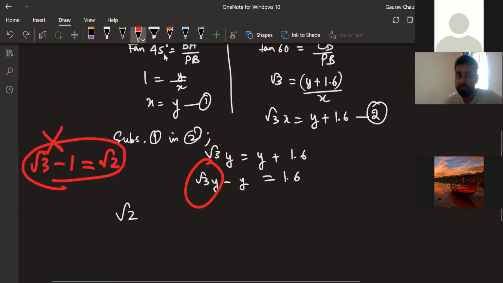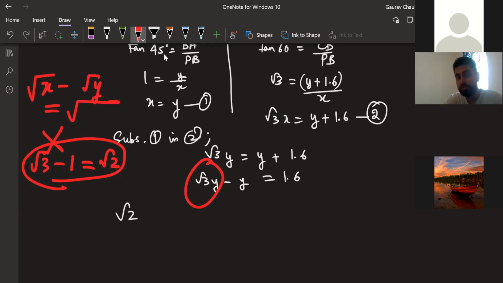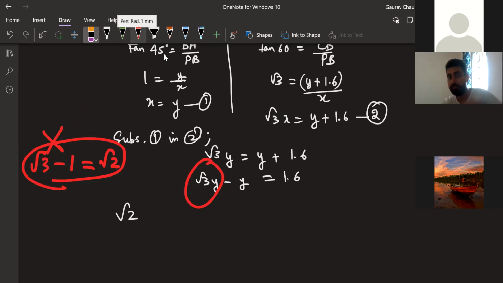Even if you think of this as root 1, you cannot just put a subtraction. Root x minus root y is not equal to root over x minus y. This is not correct. Bindu, are we clear with this? Yes, sir. That can only happen in case of division and multiplication, that I take the root over everything. Okay, we will revisit the real numbers chapter very soon. Manisha?